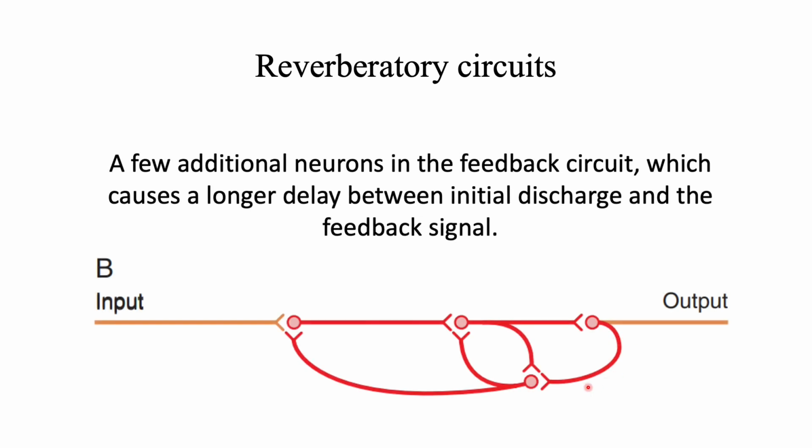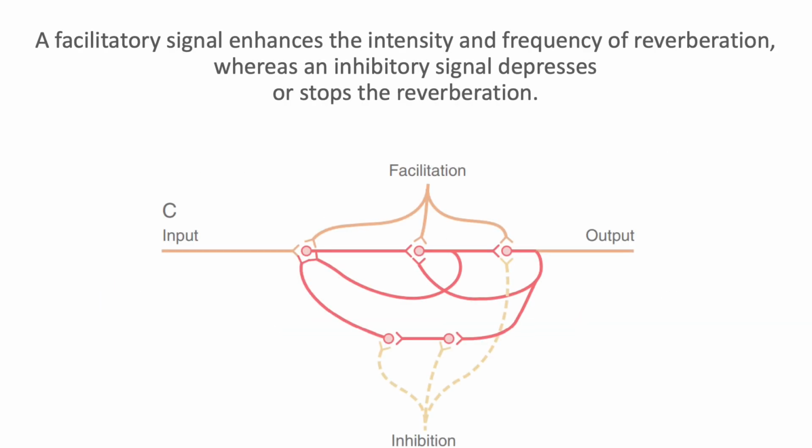This figure is to show you that the reverberatory circuits can get much more complex. This example shows that we need these reverberatory signals for an almost continuous type of signaling, all the time. But circumstances and changes in the environment can happen, so that we need to modulate the rate of the signaling in this pathway, whether by facilitation of this pathway or inhibition of